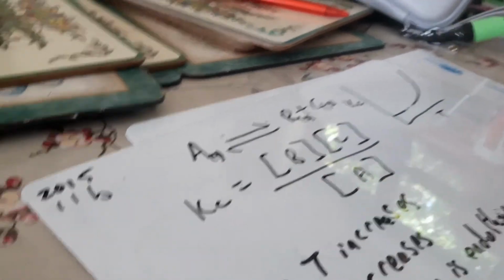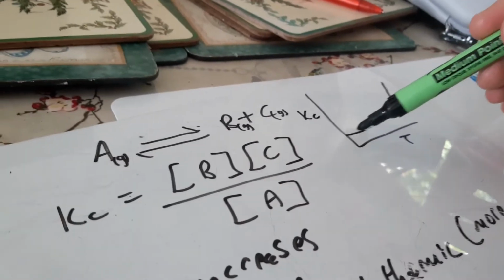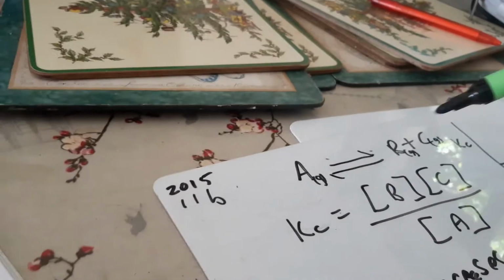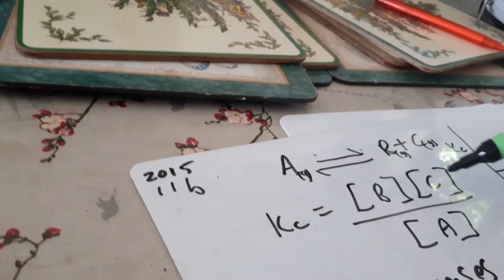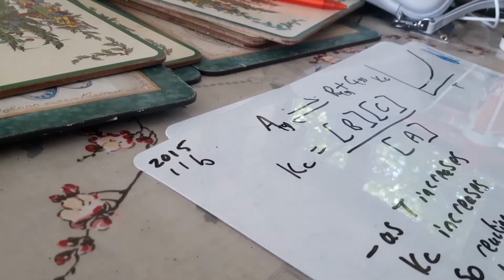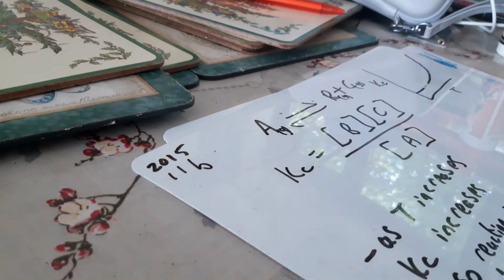And there's this little graph here, and I've just copied this from the question. Again, you can pause the clip at any stage and look at it, obviously. As the temperature increases, Kc increases. We can see that. And just to help me, I always write out Kc for myself. There's a calculation on that, which I'm not doing here. That's not the point. The point is to look at Le Chatelier. So it just says the graph shows the relationship between temperature and Kc for this equilibrium. Deduce whether the dissociation of gas A is exothermic or endothermic and explain your reasoning.